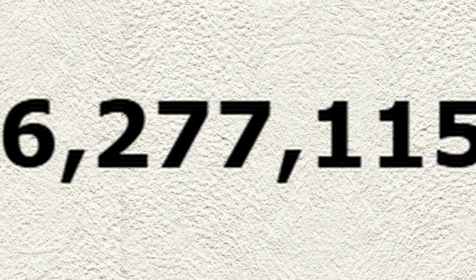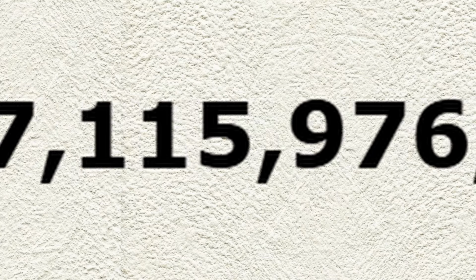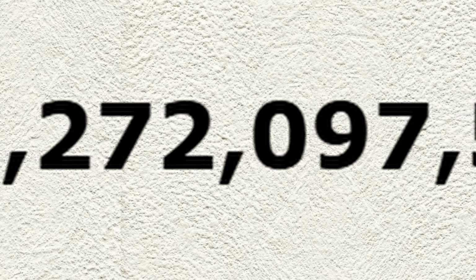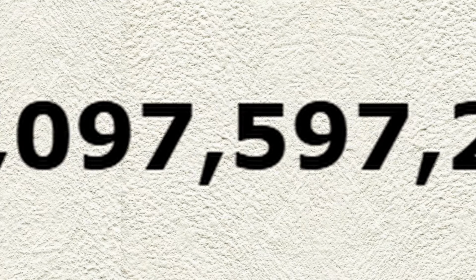On top of that, slots 2 through 6, let's not forget, can potentially be empty. So we also have to take that into consideration. And with all of that, we plug in the calculations, factor in the potential for empty slots, whatever pattern for Spinda, and you get, I don't even know how to read this. 6 septidecillion, 277 sextillion, 115 quindecillion, 976 quattrodecillion, 272 tridecillion, 97 duodecillion,